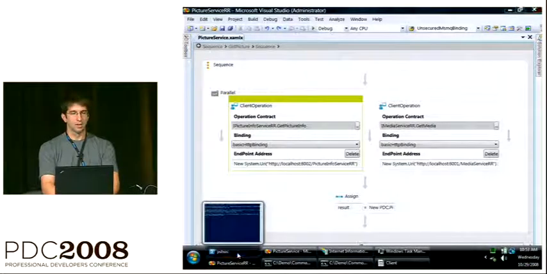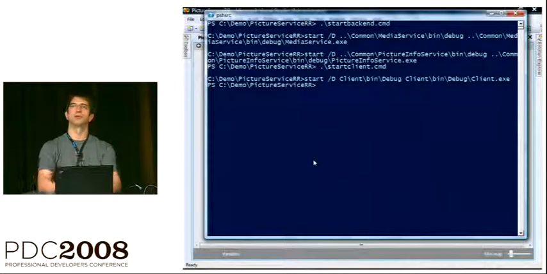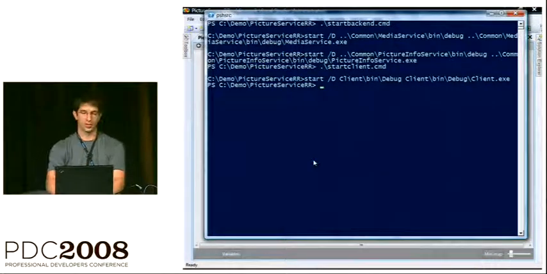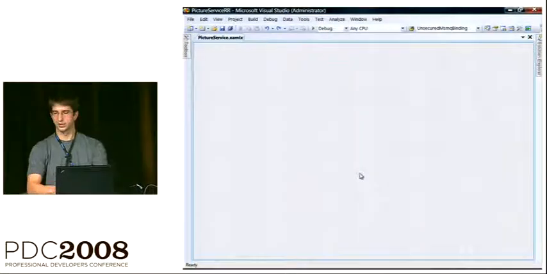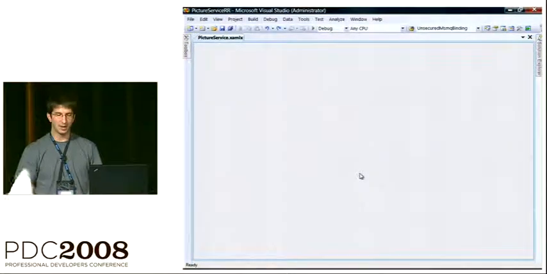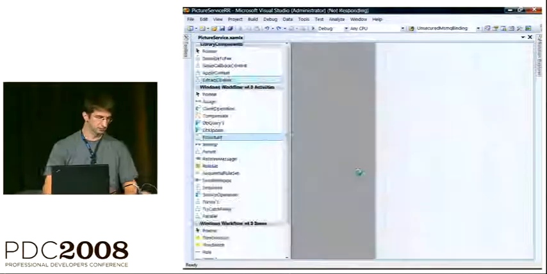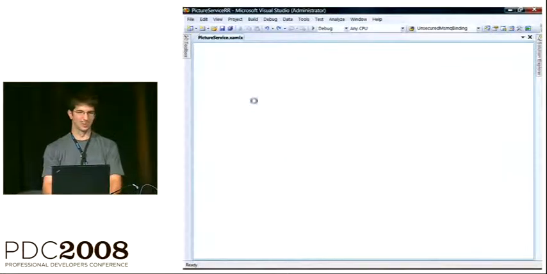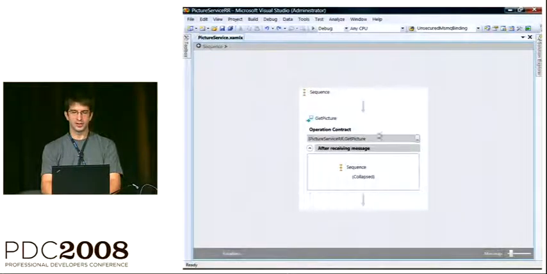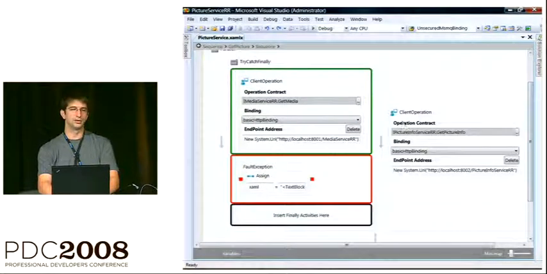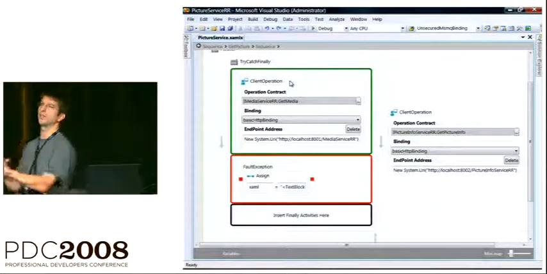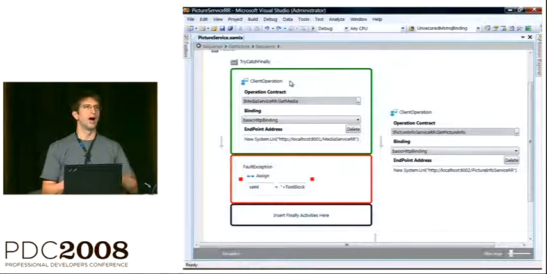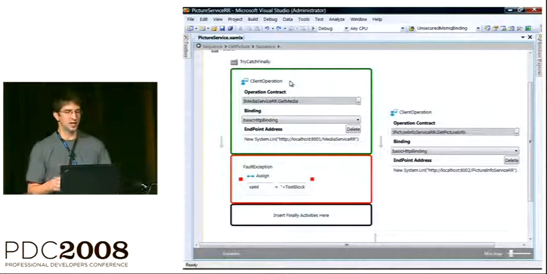Cool. So let's take a look at another scenario where we get a lot of coordination code. I'm just going to switch to an example that deals with some of the exceptions that may come out of the back-end services. Here you can see I've got this same service operation, and I've implemented it using try, catch, finally. The media service, as it turns out, is going to send a fault back when I ask for a picture that doesn't exist in that service.